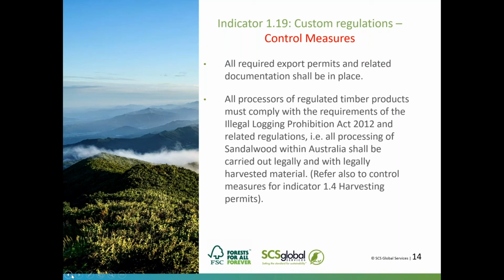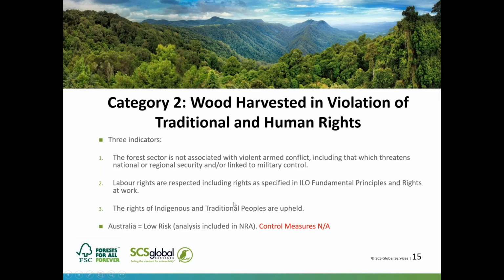So if you're the controlled wood certificate holder or seeking to be one, you would need to provide evidence of this: the export permits and any of that documentation required in order to be in conformance. Just to make that clear, you don't have to be there, and that goes across for any control measure. Okay. Thanks, and we'll quickly move on to controlled wood category 2, so wood harvested in violation of